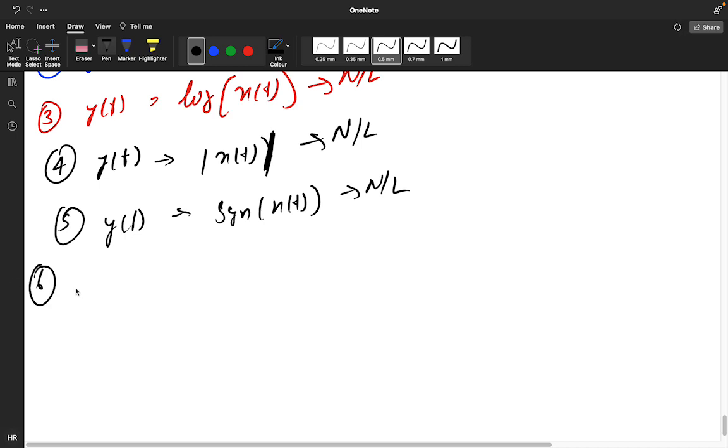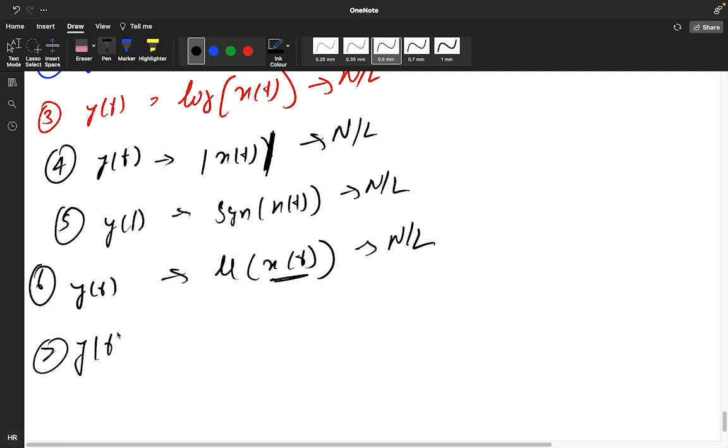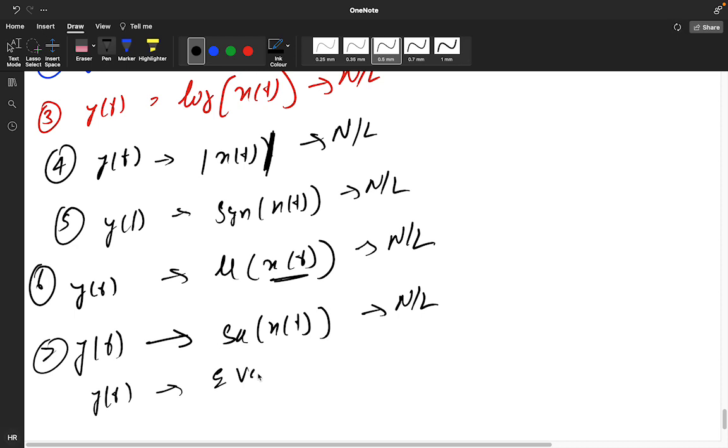Sixth one, y of t using the step function u of x of t, non-linear. Seventh one, y of t using sampling of x of t, it is also non-linear. Then y of t using the even function of x of t,